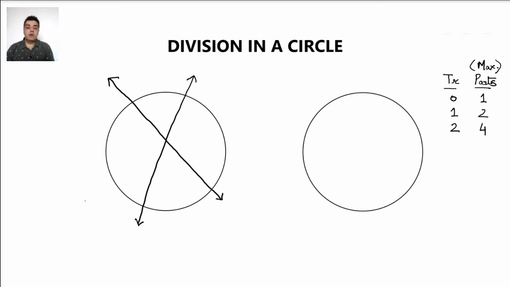Okay. Now, if I would draw 3 transversals, but before I do that, let me see, when I had drawn 2 transversals, how many points of intersection did I have? We had 1 point of intersection. Now, if I draw another transversal here such that it intersects with the other 2 transversals, you will see that on every transversal that I have drawn, you are having 2 different points of intersection with the other transversals.